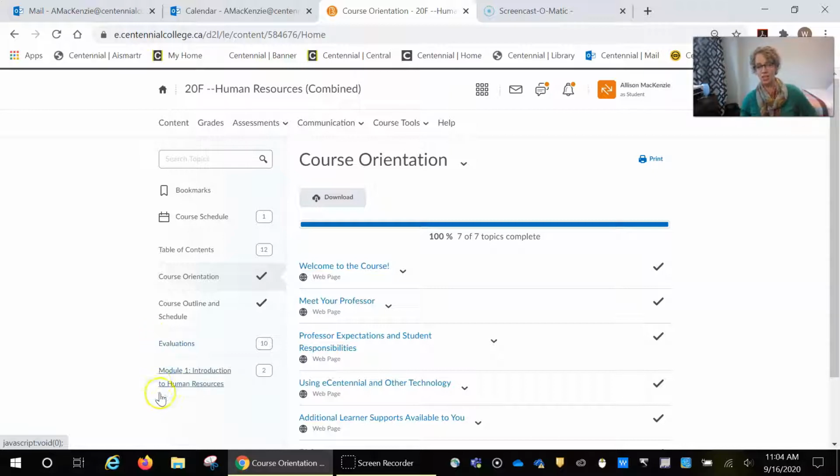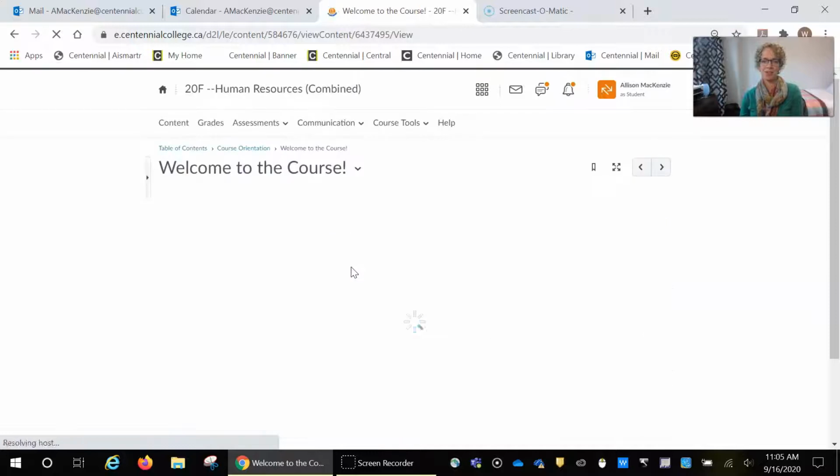And then underneath that, each week, every Tuesday, a new module will populate. And we do have 13 modules or 14 modules this semester, which will be delivered over the course of our 13-week semester. So if we start with the orientation, you can read this all on your own, obviously, but this